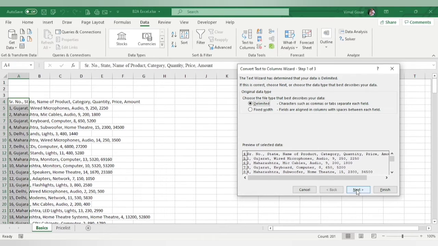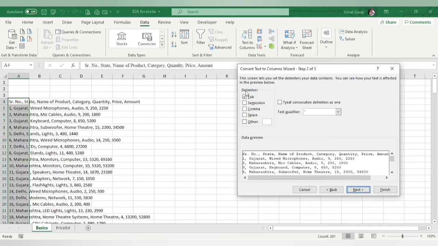So let us click on Next, and once we click on that, it will ask what you want to use as the delimiter. There are many options, and Excel generally understands a few of them. If I am clicking on Tab, then as many tabs as there are, it will be separated with the help of a tab. If there are, let us say, semicolons in between, semicolons also will get separated. You can select one, you can select multiple delimiters, but simply they are called delimiters.